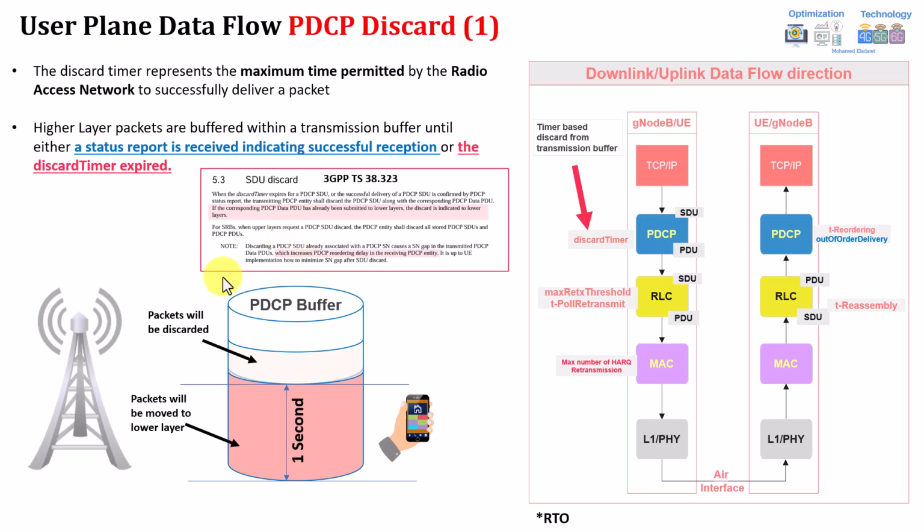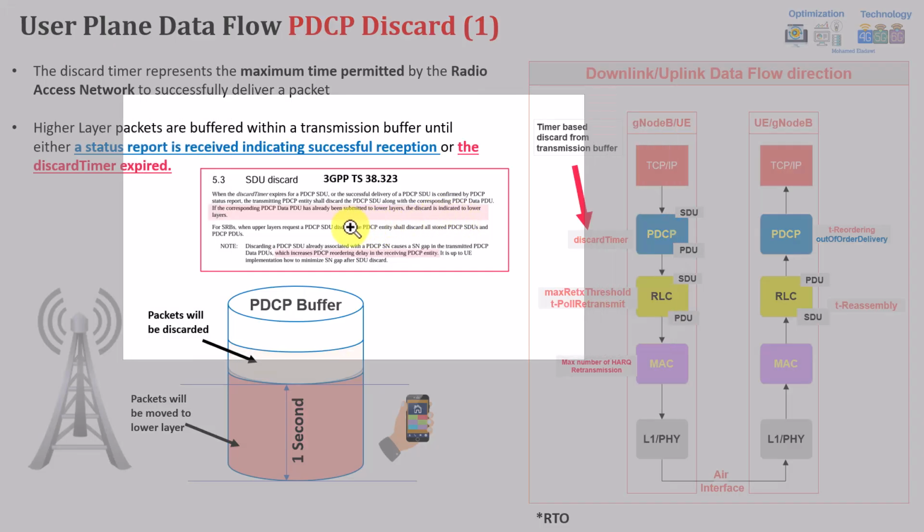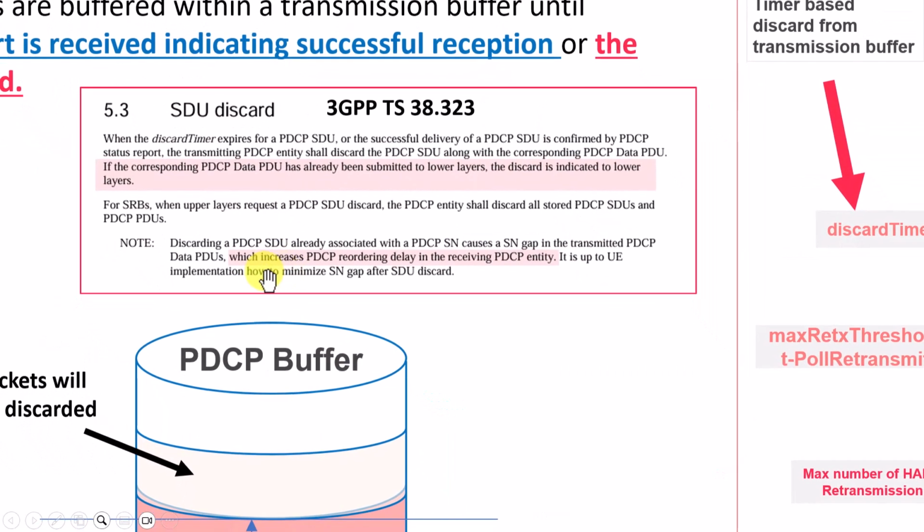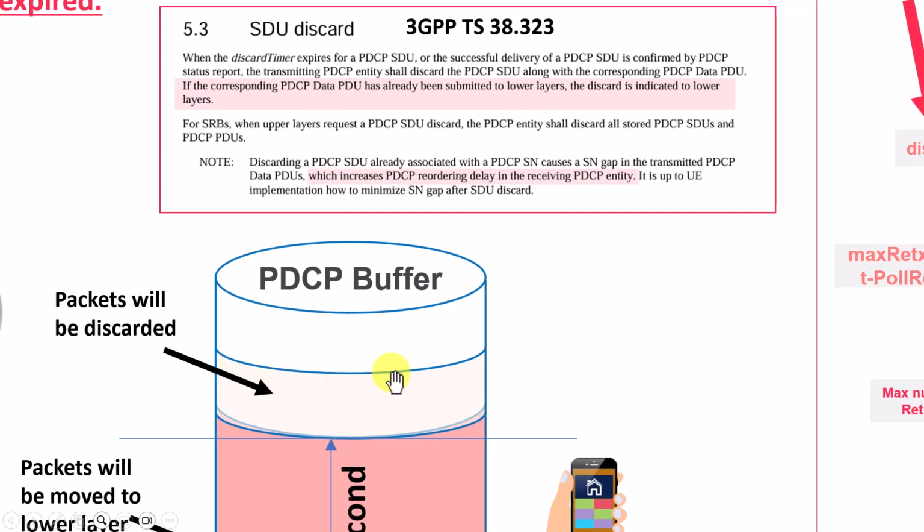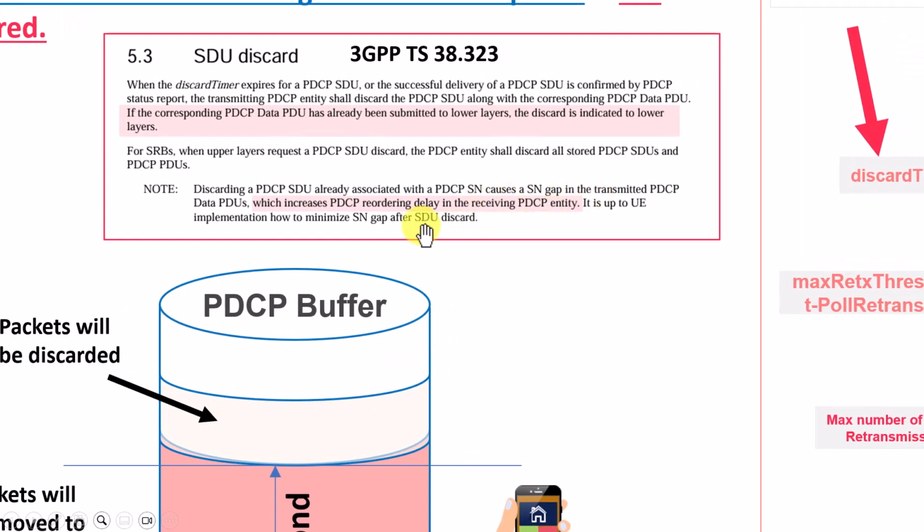Okay, if you look into this note again from 3GPP here, let me zoom in to have a clearer example. It says that sometimes the discarded packet will already have an associated PDCP sequence number. Assume that you have packets with sequence numbers 1, 2, 3, and 4 being transmitted, but only packet sequence number 3 is transmitted to a lower layer and not acknowledged. So in case this one is discarded because of the discard timer, assume the discard timer is very low, this can cause a gap in your flow, a gap in the sequence number.